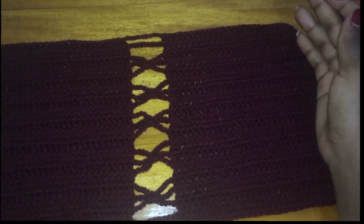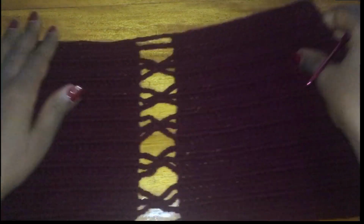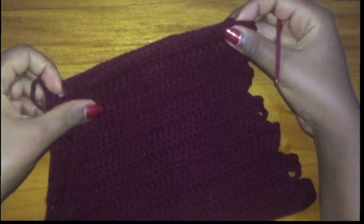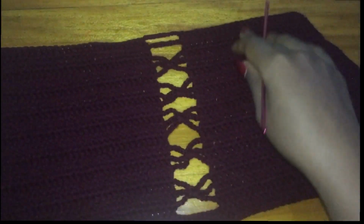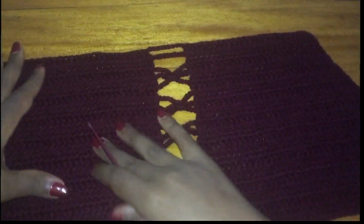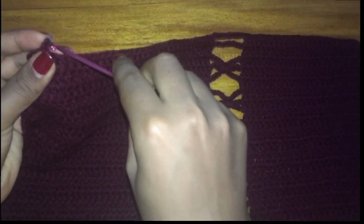And if you can place your top like this, and you see that it's not even, then you might need to do this. But if yours is even, you don't have to do this, so you can skip it. Yeah, so skip this part if your top is even. This is for those whose top